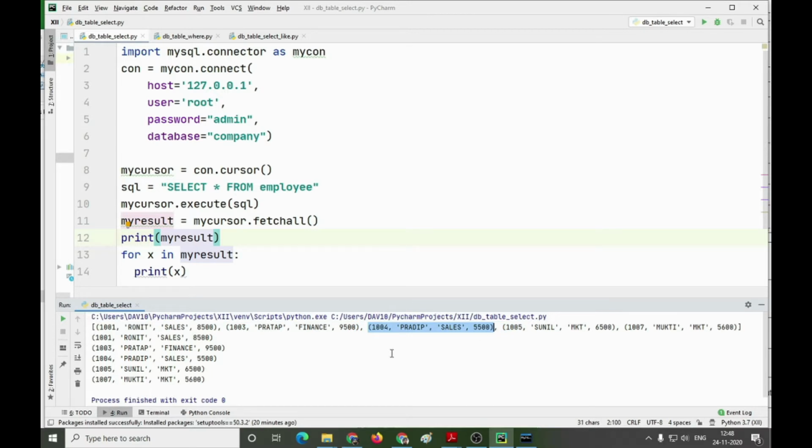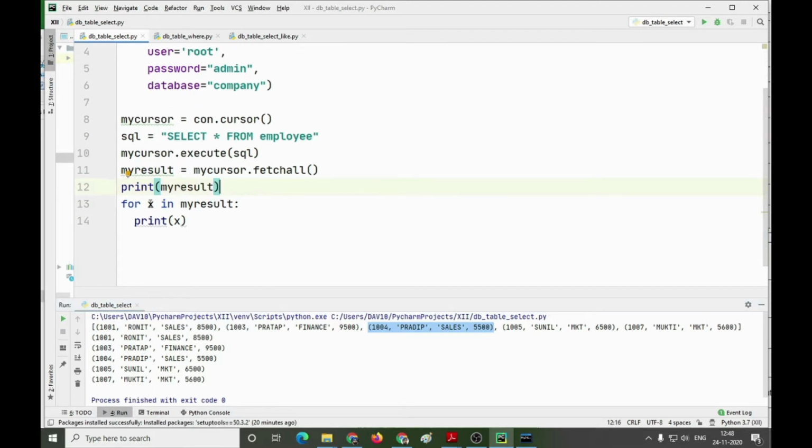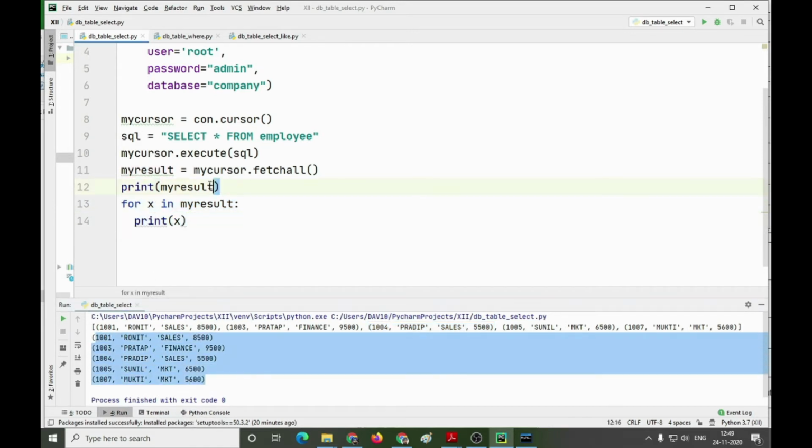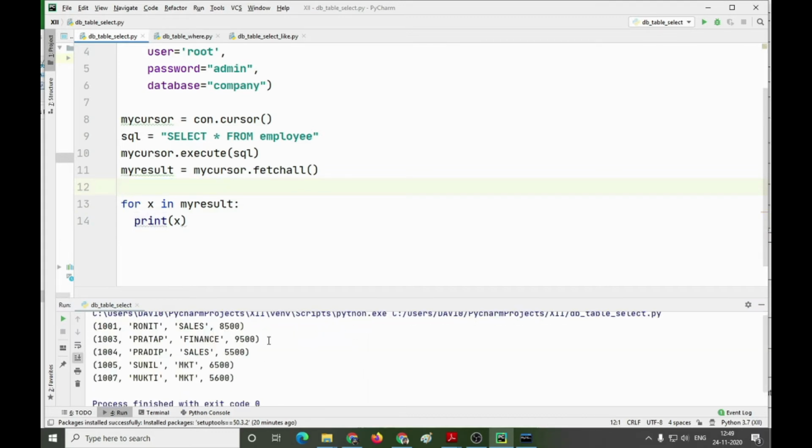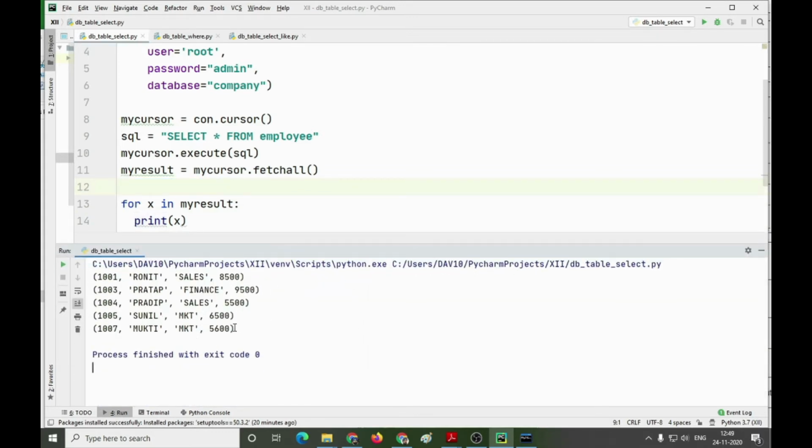Individual tuples are elements of the list. Those elements are fetched with the help of this for loop and printed one after another. If I delete this statement, we will be able to see all the data which has been stored in the table employee.